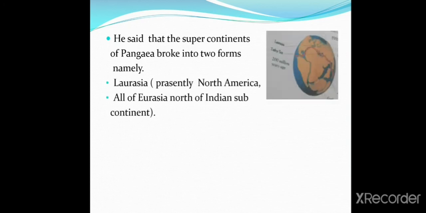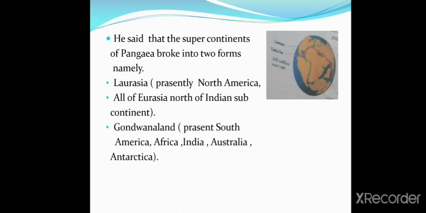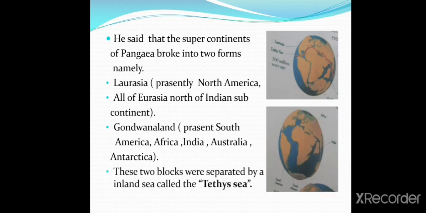He said that the supercontinent Pangaea broke into two forms, namely Laurasia, present North America and all of Eurasia north of the Indian subcontinent. Second one, Gondwanaland, present South America, Africa, India, Australia, and Antarctica. These two blocks were separated by an inland sea called the Tethys